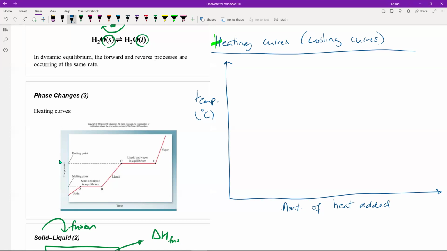So if we can imagine an initial situation, let's say we have ice, so solid ice, so ice is a solid, H2O solid. And then let's say we start with ice at a temperature of, let's say, minus 20 degrees Celsius, right? So that's where we're going to start. And then we're going to add heat. We're going to heat this ice up. And as we start heating it, the temperature of the ice is going to increase. So keep adding more heat, temperature of the ice increases, increases, until we get to a point where